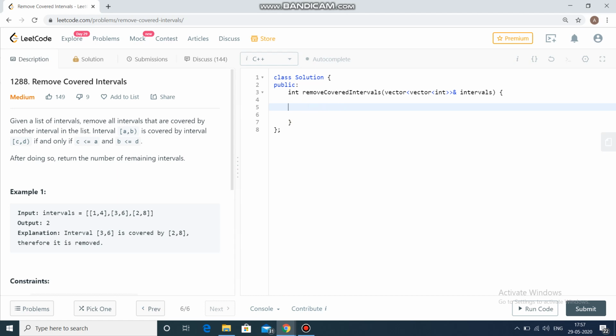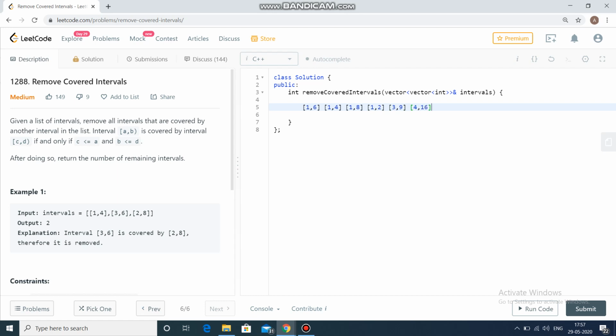So how to solve this question? We will first sort the intervals on the basis of starting point. Now the starting point could be the same. In case the starting points are the same, we will sort the intervals on the basis of descending order of ending point. Let me explain this. For example, I have a list given as 1 comma 6, 1 comma 4, 1 comma 8, 1 comma 2, 3 comma 9 and 4 comma 16.